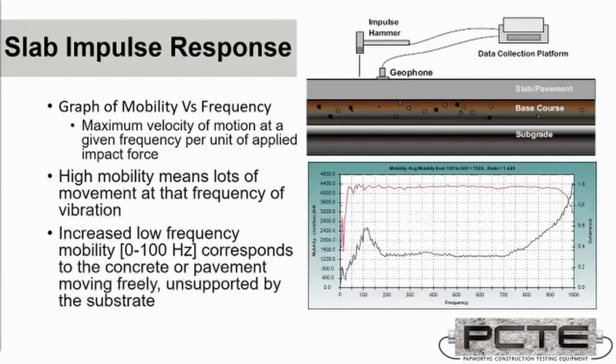Slab impulse response is another frequency-based measurement, but we are going from looking at relatively high frequencies to very low frequencies. Low frequency energy on a test is primarily due to physical motion of the sensor and the structure to which it's attached. So by doing a slab impulse response measurement, we actually give a concrete slab or a wall an almighty whack with a hammer. We have a sensor that will detect its motion held in place against that structure, and we're able to chart up